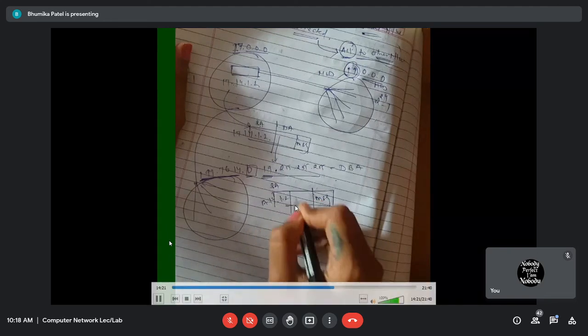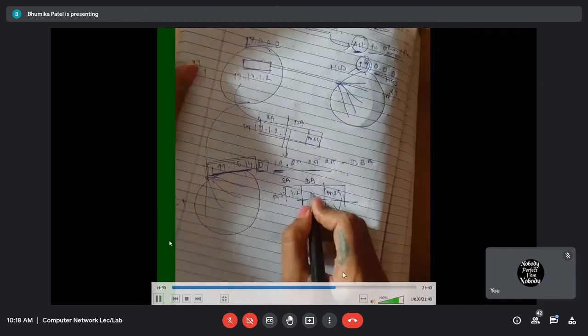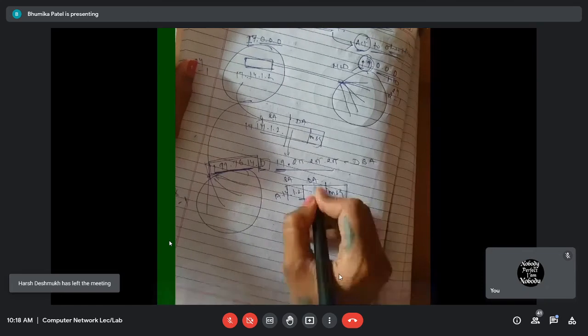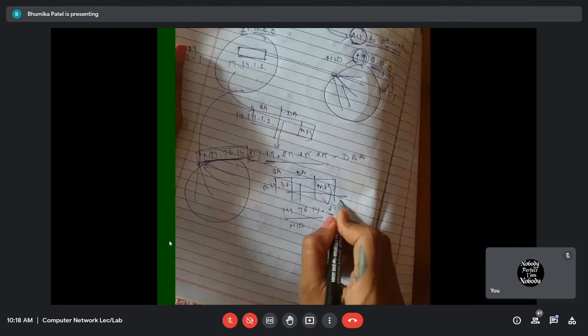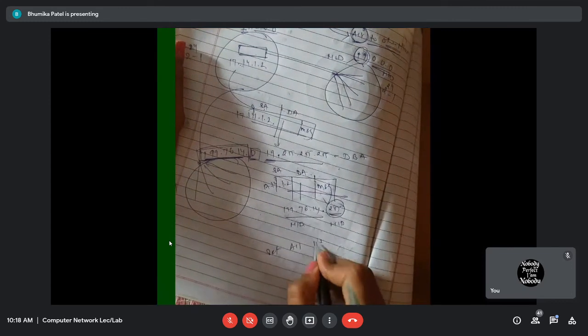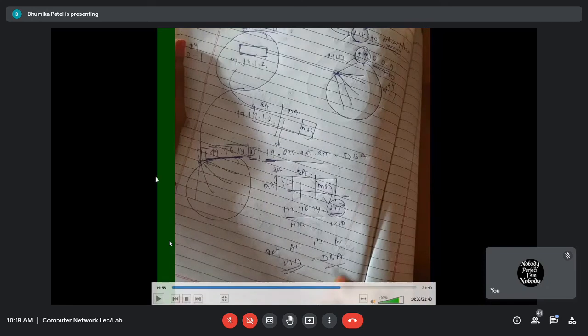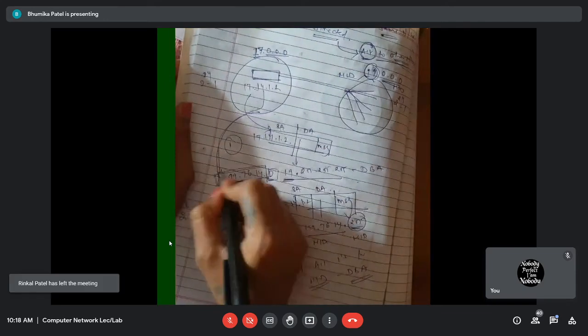So the source address will be 17.14.1.2, and what will we write in the destination IP address? The network ID will be as it is, that means the first 24 bits stay as they are, 199.76.14. Okay, network ID done. And in the host ID part, what do we write? Set all bits to 1. It is 255. So this is the directed broadcast address. So set all ones in the host ID part. So whenever the router attached to class C sees the IP address 199.76.14.255, it will send the message to everyone in the network at once. So are all of you getting limited broadcast address and directed broadcast address?